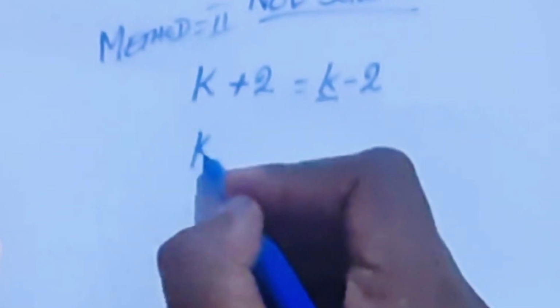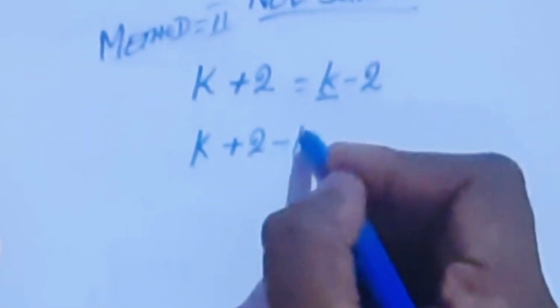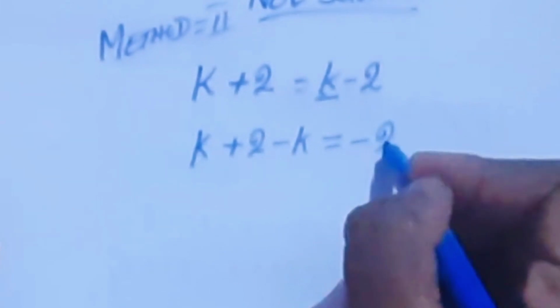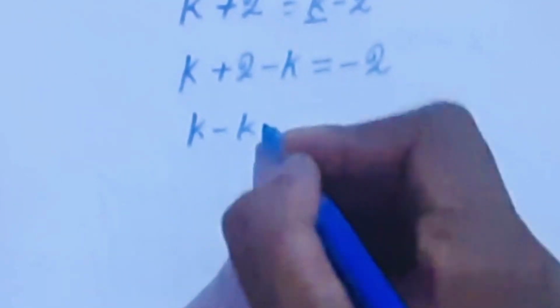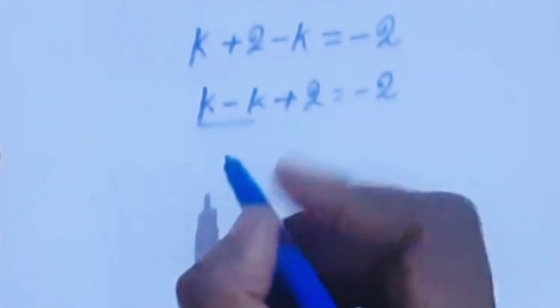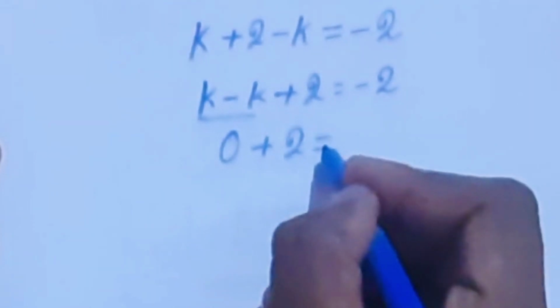So k plus 2 minus k equals minus 2. Here k minus k plus 2 equals minus 2. Here this cancels each other. So 0 plus 2 equals